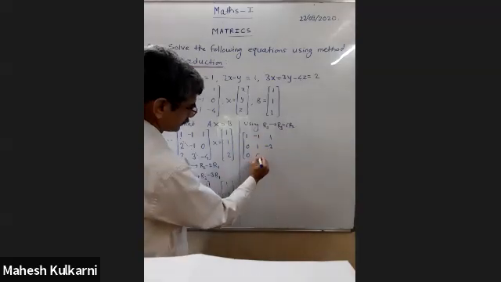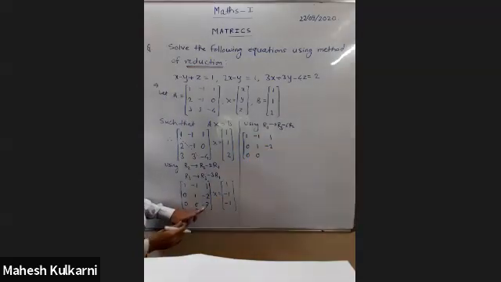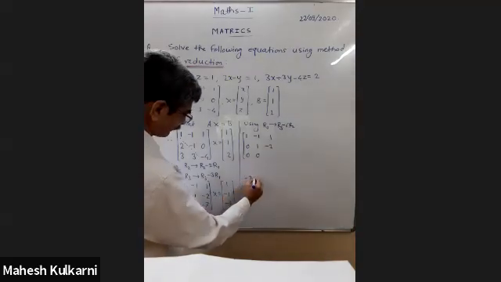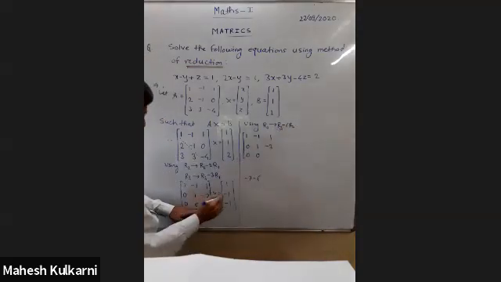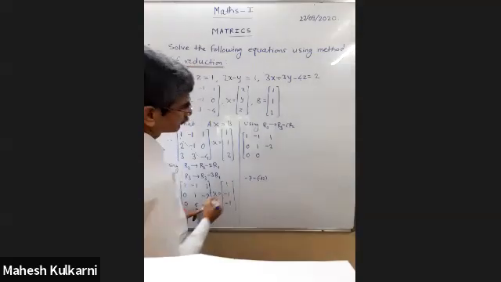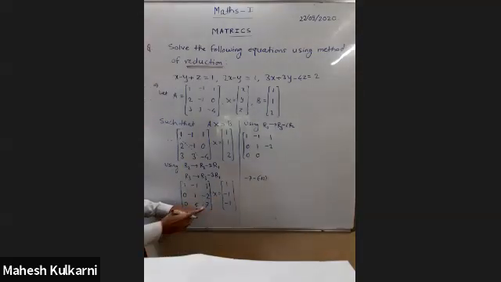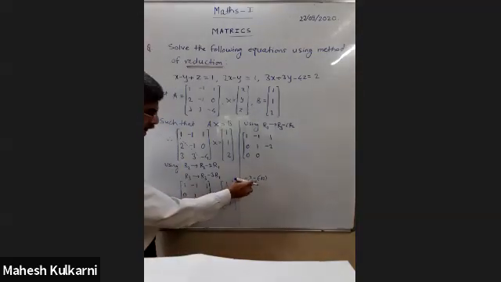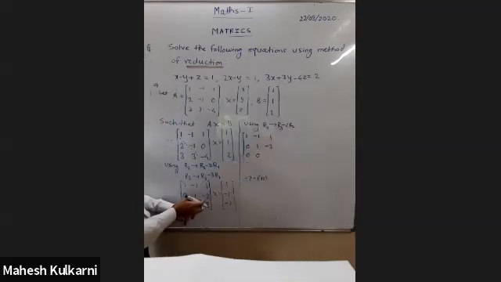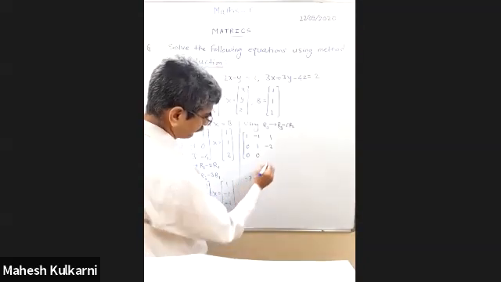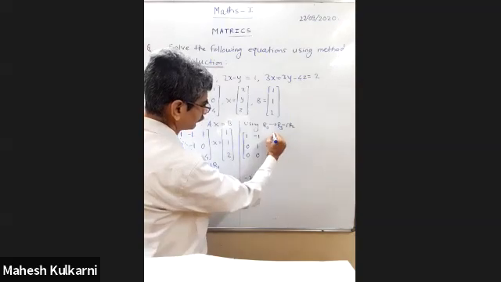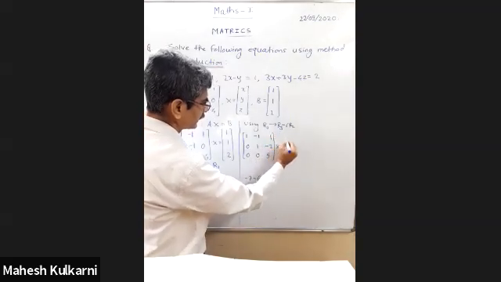So it becomes 0. And what about this change? This element is minus 7 minus 6 into R2, so minus 7 minus 6 into minus 2. It becomes minus 7 plus 12. So it is 5, into x as it is.